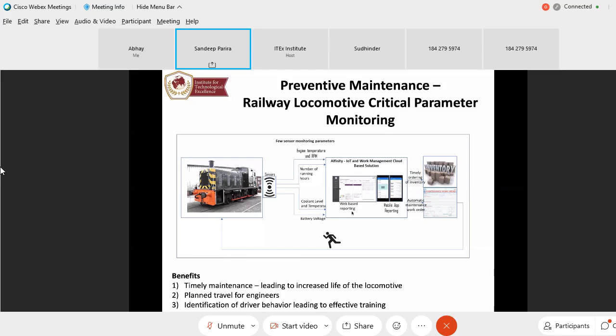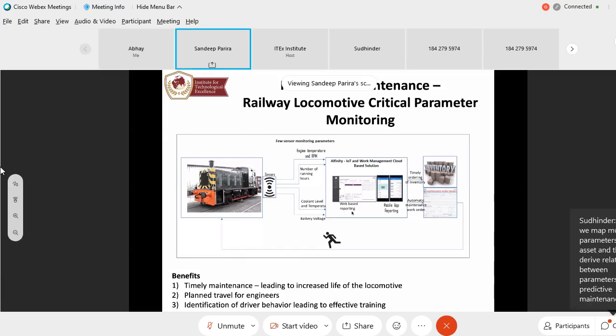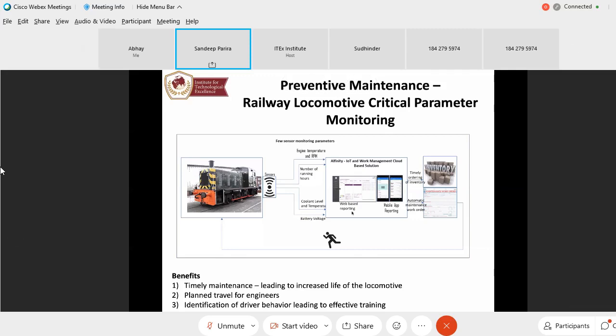And with each of the tickets there was an SLA defined. So that means you don't miss. For example, you have to perform this maintenance within these hours. These are the critical parameters we have to change. So those kind of SLAs are being defined, and then what we saw is that there was a timely maintenance,